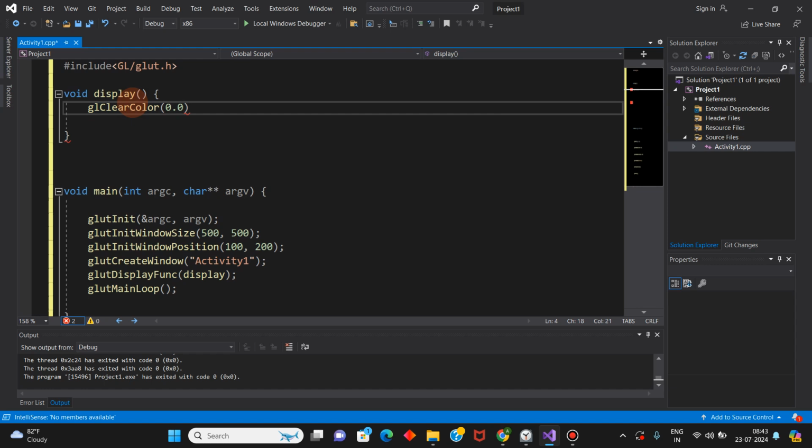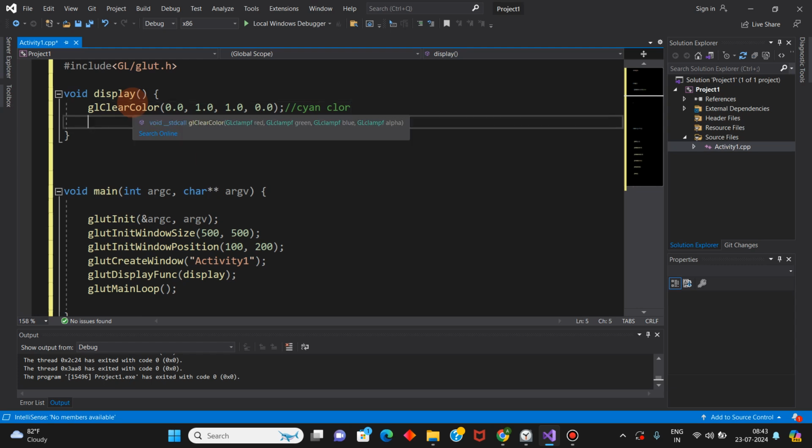First argument is for red, so we don't need red. Second is for green, so we will give full intensity 1.0. Next is blue, we will give full intensity 1.0. And for transparency alpha, we will give 0.0. So this is equal to cyan color.